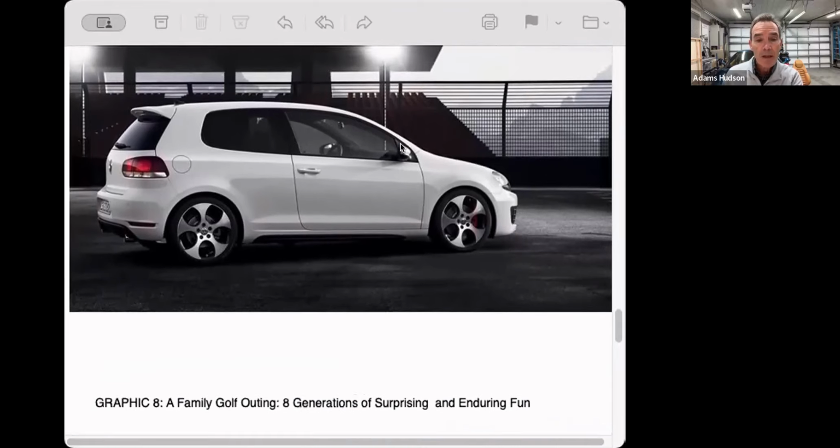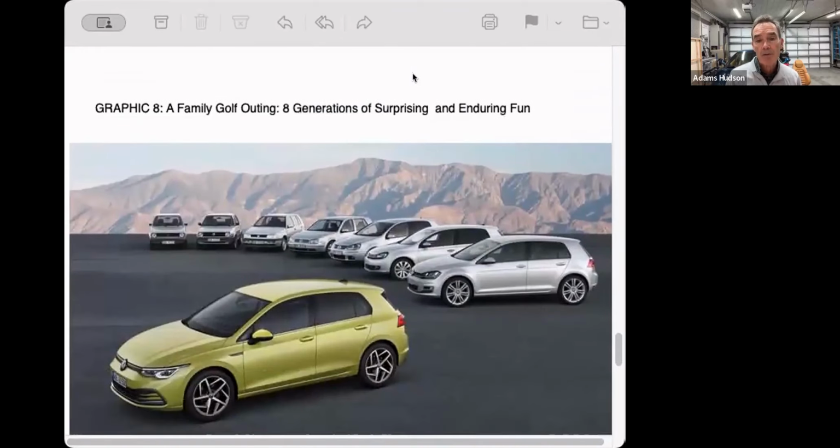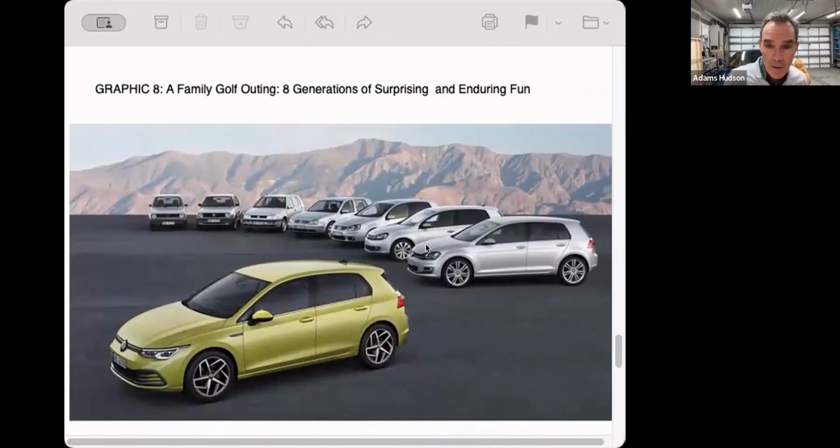But they were getting bigger. They were getting heavier. And then you look at this VW family shot of a Golf outing, if you will, of every generation. You can see how it got bigger, but with this last version, they purposely decided we are going to decontent and deconstruct, but keep the car very strong by reducing its weight. We talked about weight earlier with the crash barrier standards and how EVs exceed those. VW said we're going to make just as strong a car, but in a lighter overall package. And what a great thing. I don't think any of us would disagree that that's probably the move all of automotive manufacturing needs to take, because it's